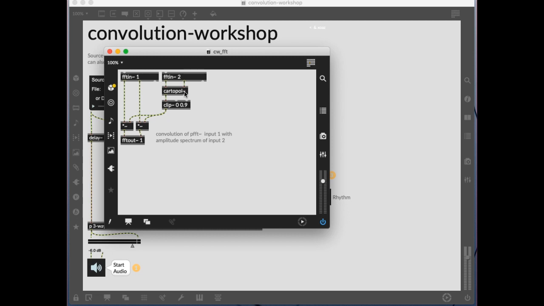So these are done in parallel. In a sense, bin number 1 comes in from source 1 and source 2. So the values for bin number 1 in FFT1 come in here, and the values from FFT2 bin 1 come in here, are converted to amplitude values, and then multiply the bin number 1 values and then go to the FFT out. So I know this is complicated, but